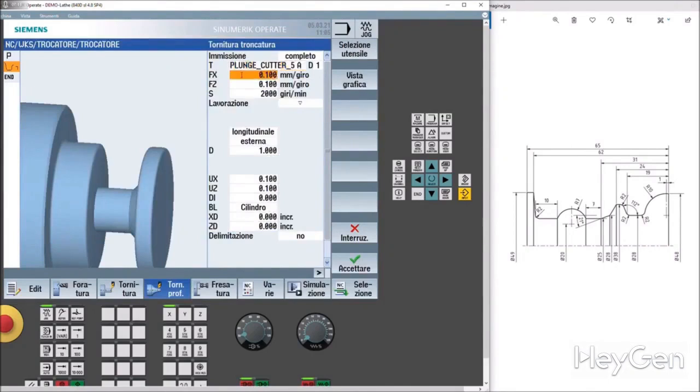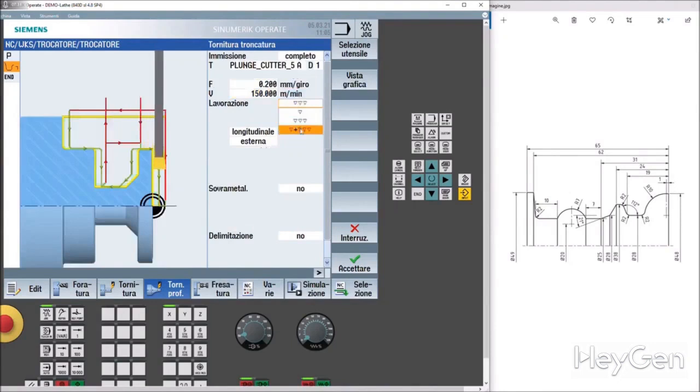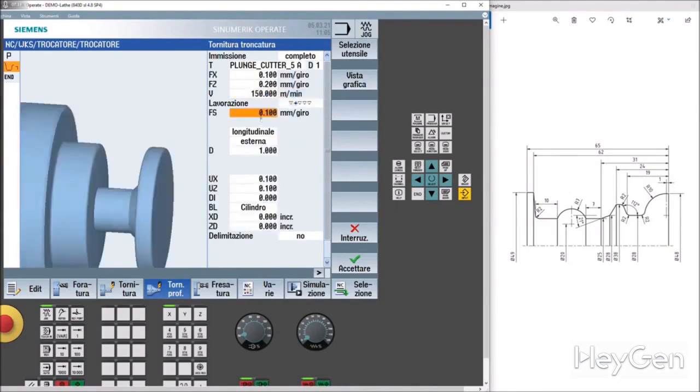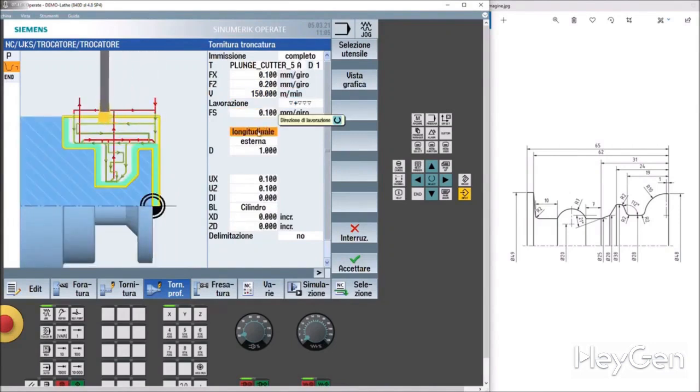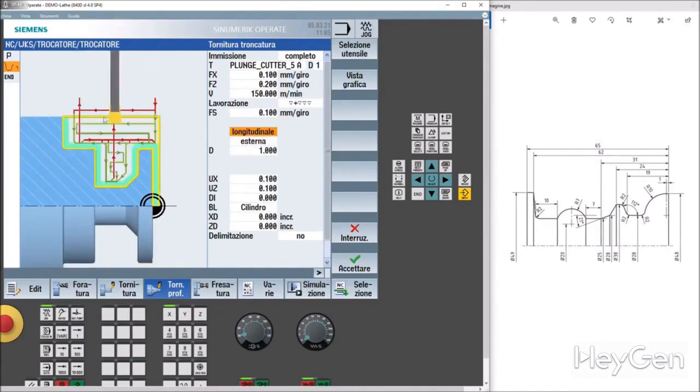You see that it asked me for two F values, which is the F for the movement of the plunge from X plus to X minus, and the F in Z, which usually, if a tool is used, is a bit greater than 150. Finish to a tenth per rev. We'll do a finishing pass plus another finishing pass. So we'll finish it to a tenth per revolution. Perfect.